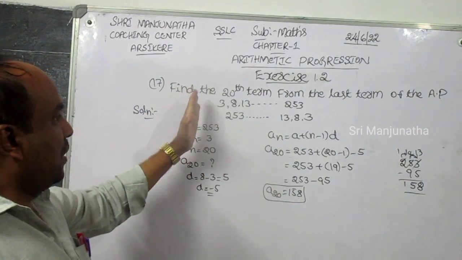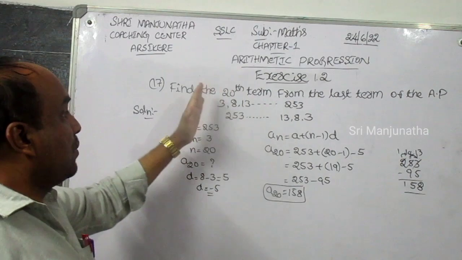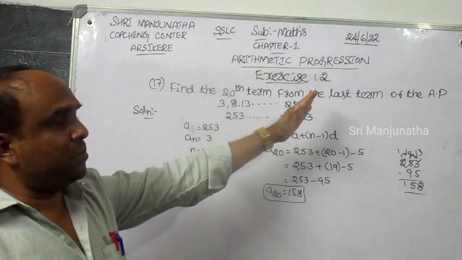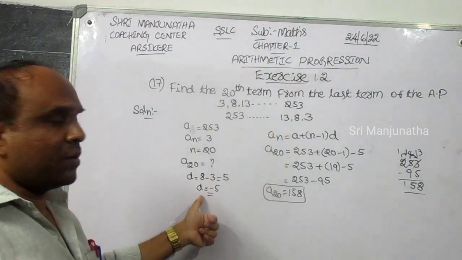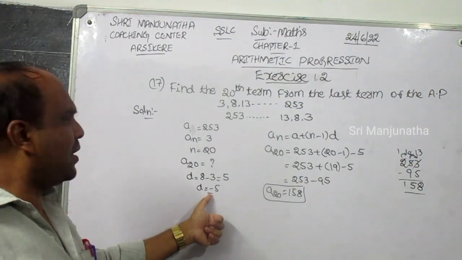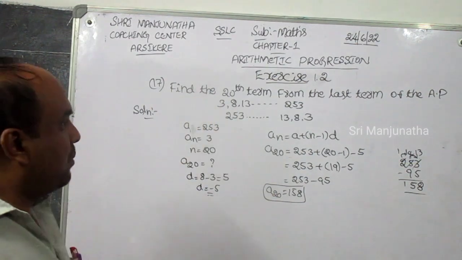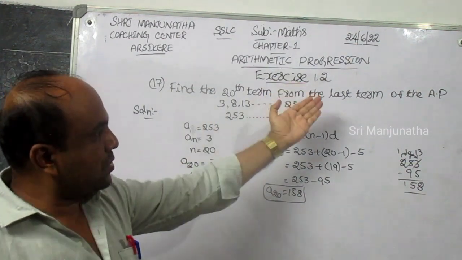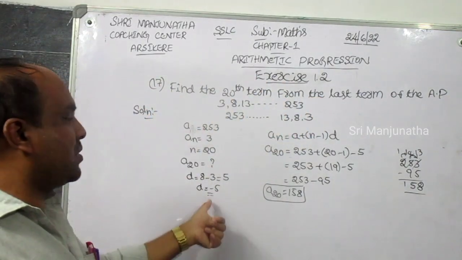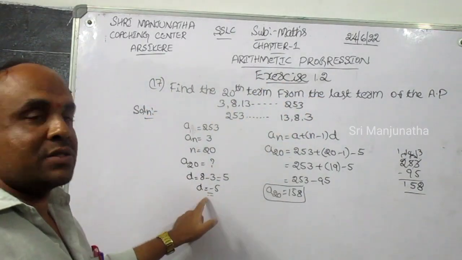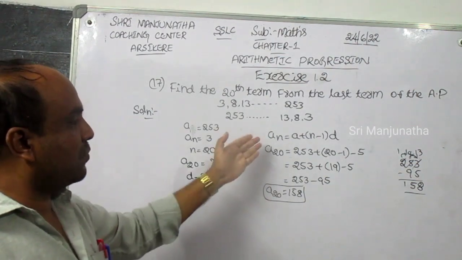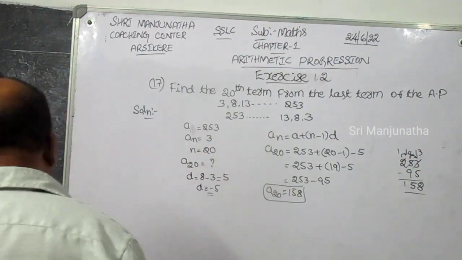The 20th term of this AP from last number to first number is nothing but 158. From left hand side to right hand side, means first number to last number, take the value in the form of positive or negative according to the problem. But we have to take here last number to first number, so the sign will be changed. Here is only one change. You have to apply this formula, then it will be easy.